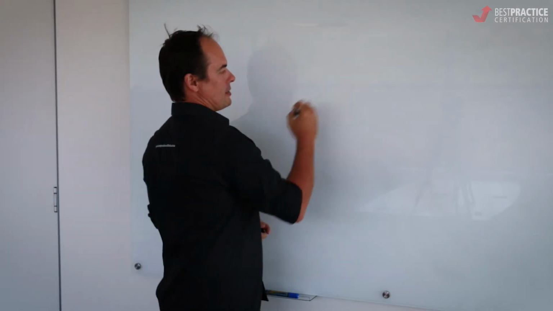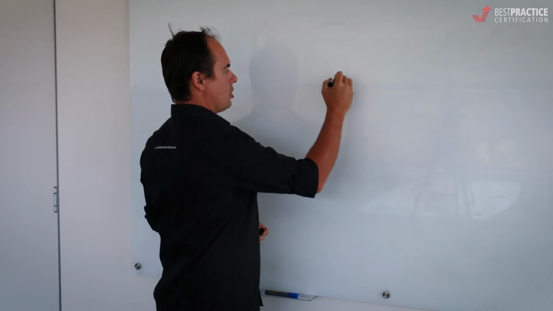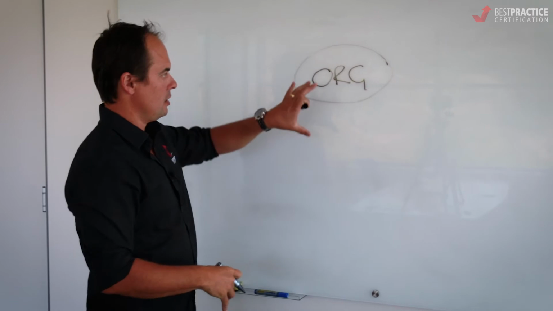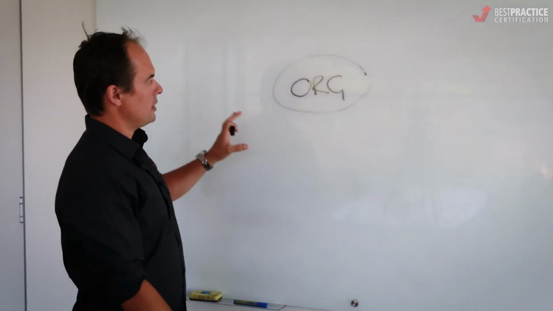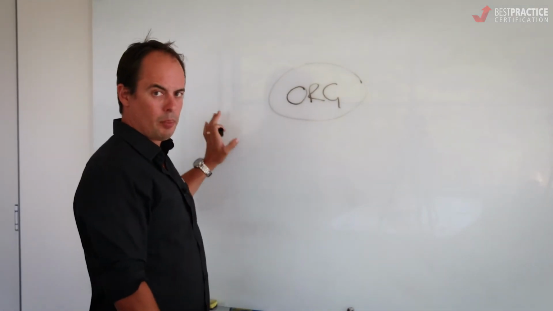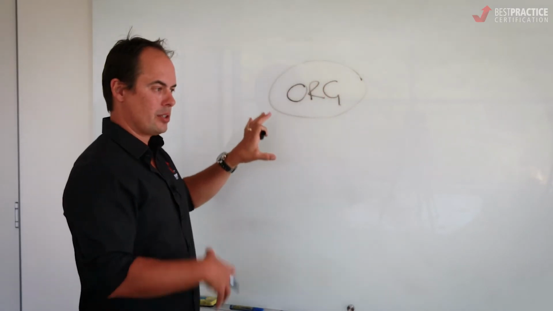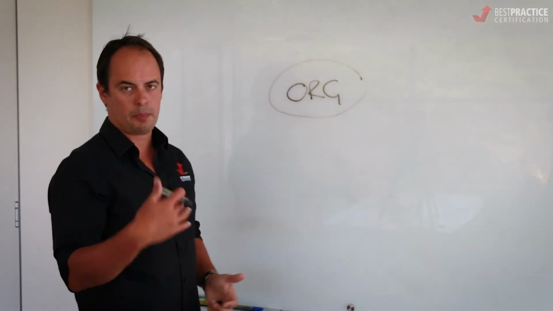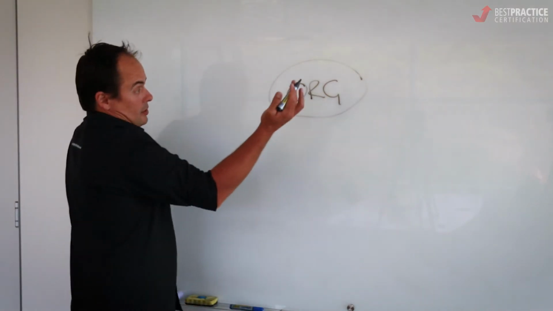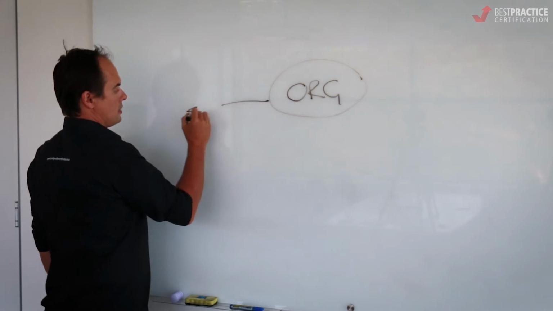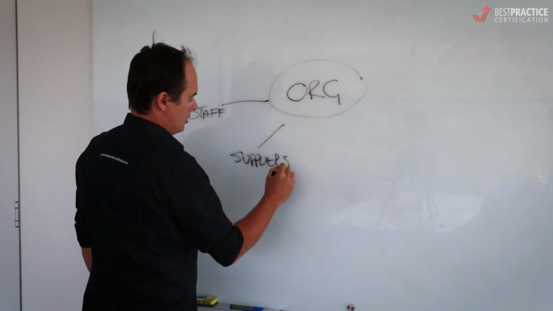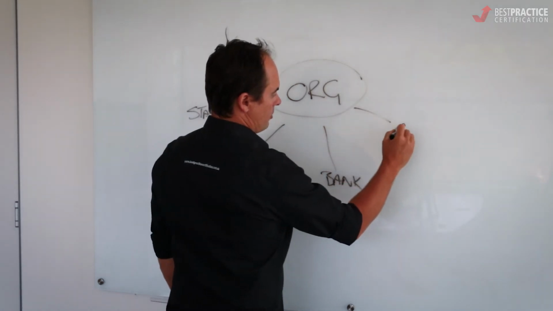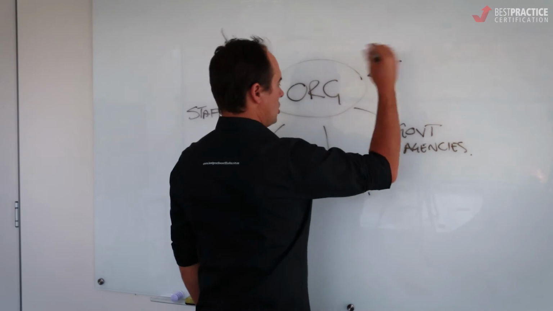Okay, let's talk about stakeholders. Now specifically we want to start with our organisation, and that's us. That's your organisation. So we're looking at our organisation and we're starting to say, well, who are all the people, the parties that have got an interest? Now it's a strategic interest, it's a financial interest, there's suppliers, contractors, banks, all that sort of stuff. We can start to just brainstorm them out. So we can say staff, we can say suppliers, we can say your bank or your financial institution, we can say government, we can say shareholders.